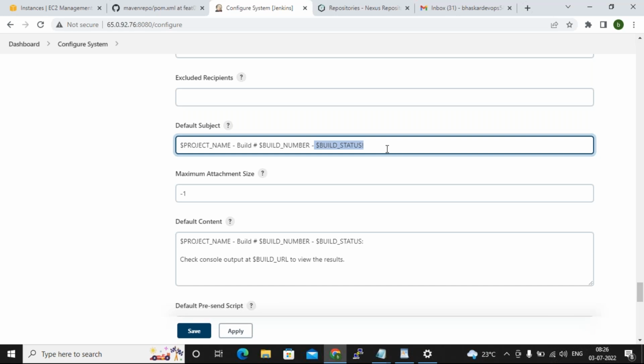No, I haven't. So these are Jenkins variables, guys, predefined variables like build number, job status, I mean build status. There are so many variables we have. So automatically, based on the job, the job name will be changed, build number will be changed, build status will be changed.